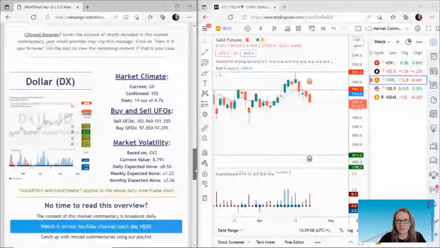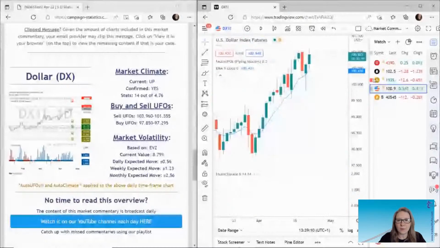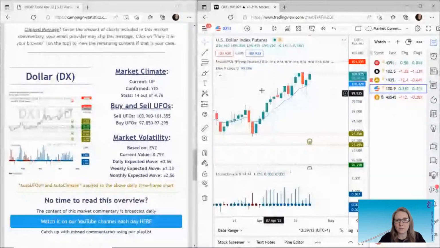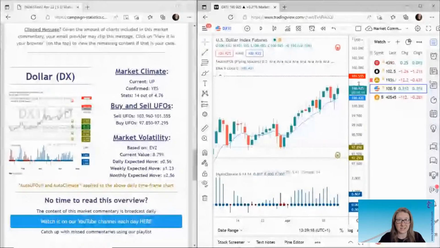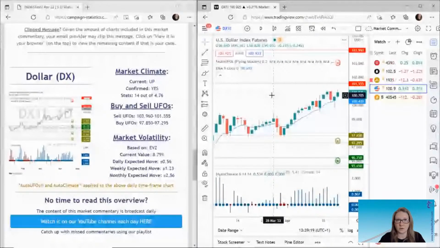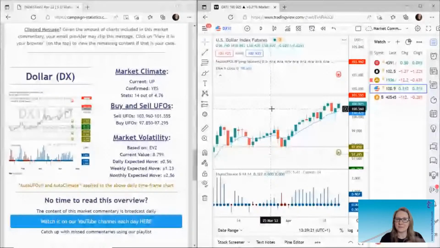The next market we have here is the US dollar. Now, just to remind you guys as I load this, that everything we're talking about is to do with probabilities, likelihoods, statistics, but it's definitely not guarantees. There's loads of different things that can happen in the markets. Lots of the time it behaves unexpectedly. We can almost expect the unexpected in these markets. So we still need to manage our risk. We still may want to add extra layers on top of this to increase our likelihoods.